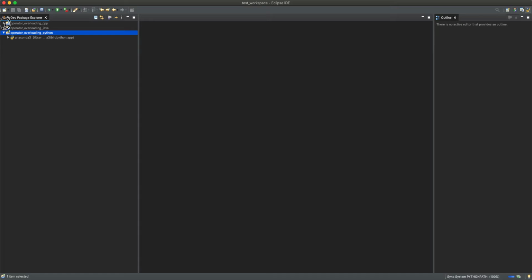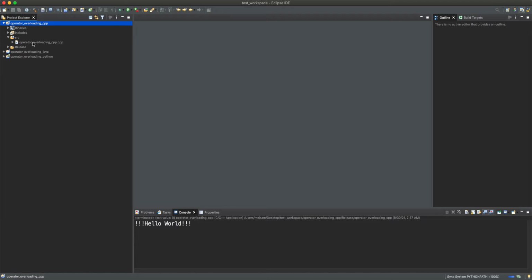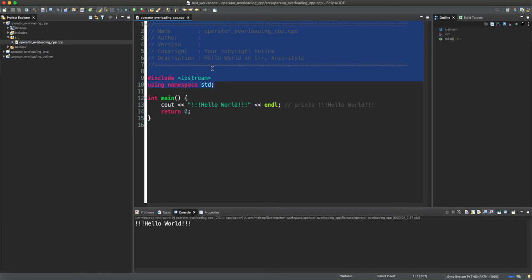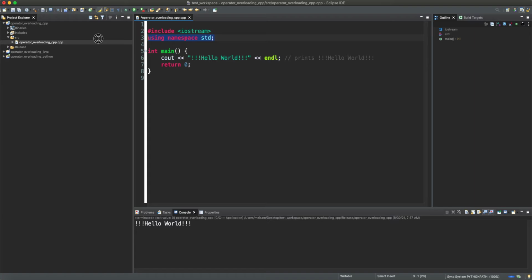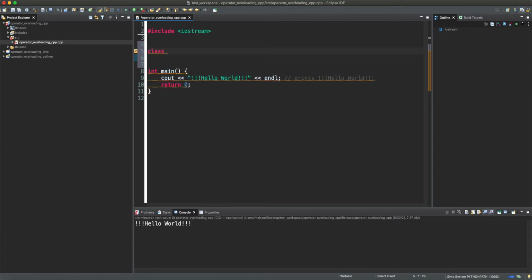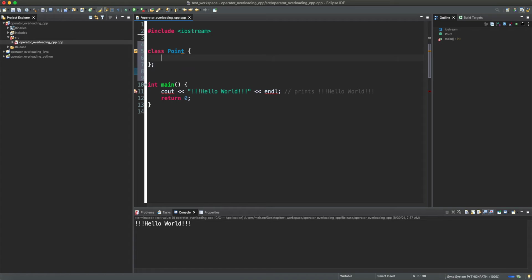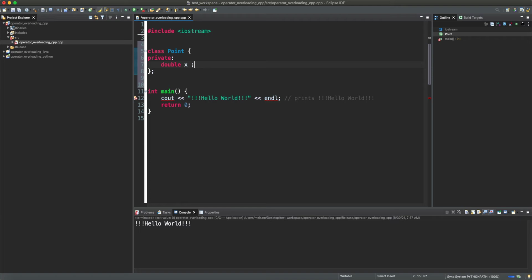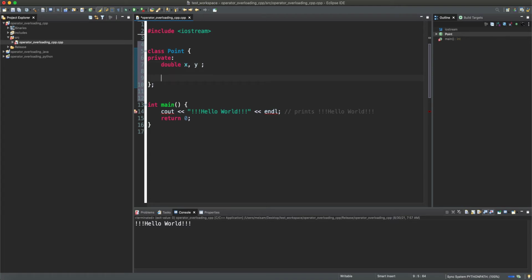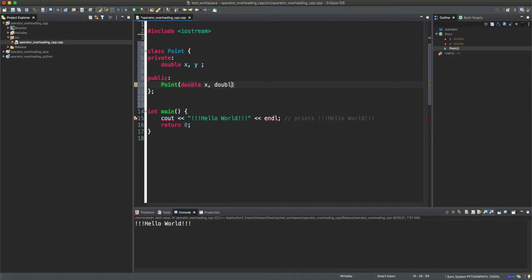Alright, so let's start with C++. I'm going to switch to the C++ perspective, and let's remove this. I'm going to create a class, and let's call it Point. This Point is going to have a private section which has a double x and y, and then a public section with a constructor Point taking a double x and double y,